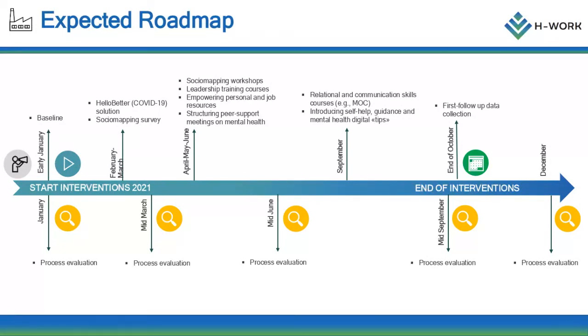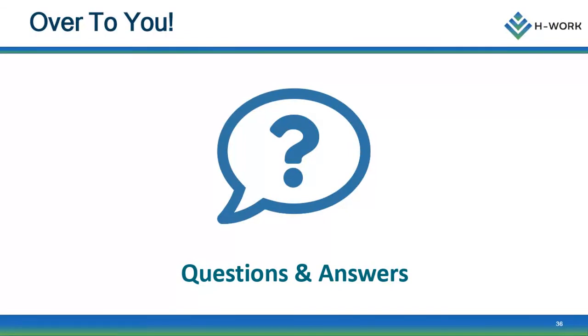In terms of the evaluation of the project, we have a baseline survey going out in January, and we will have the first follow-up at the end of October. And we have also planned 3 monthly process evaluations, so basically checking up on whether interventions are implemented according to plan and what the processes are. And the plan is also to feed back that process evaluation to the organization in a short report, so they can discuss is the intervention going according to plan, or do we need to do something differently from what we've done up until now. So that was essentially what